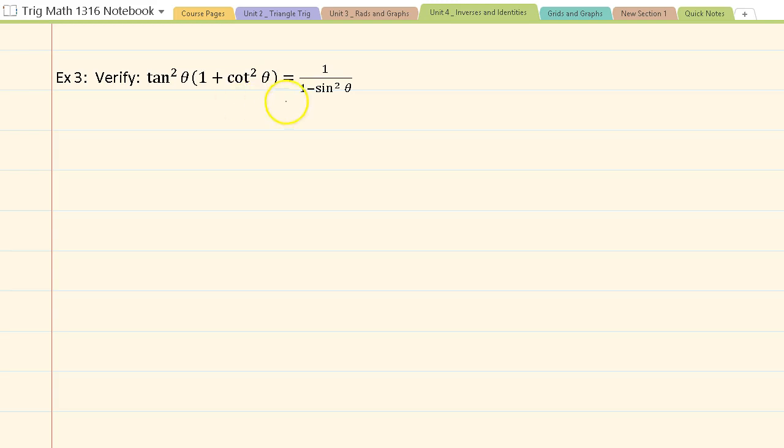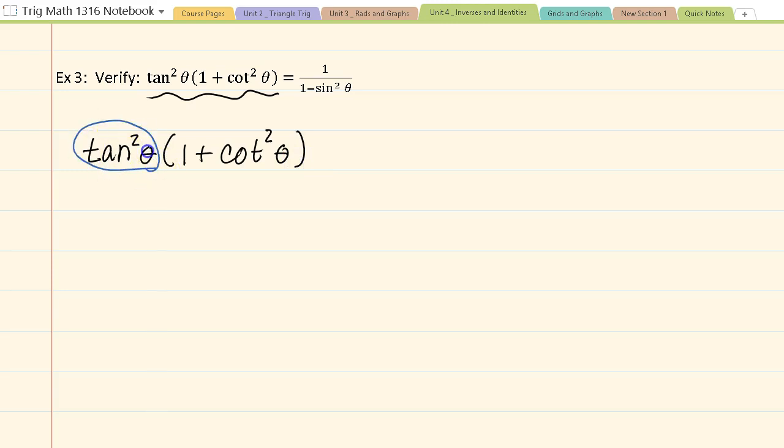I'm going to pick the left, and I'm going to rewrite that as tangent squared of theta times 1 plus cotangent squared of theta. The reason why I chose this side is that I can quickly see that I can use the distributive property and do something. So I'm going to do that, and I'm going to get tangent squared of theta plus,